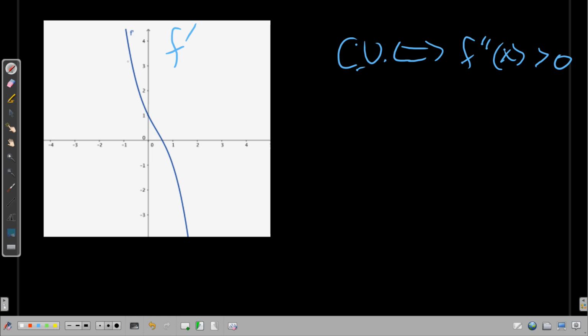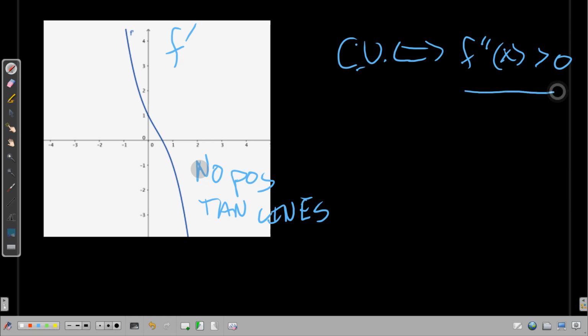So if I'm looking at f prime and I'm studying its tangent lines, this thing doesn't have any positive tangent lines. And since it has no positive tangent lines, there can be no place where the derivative of this curve